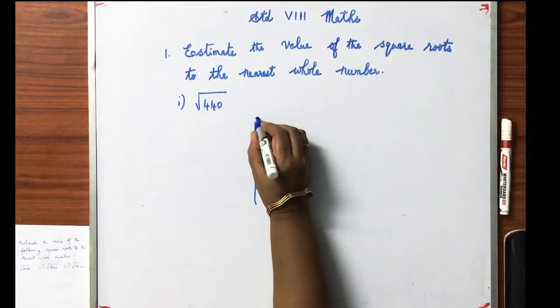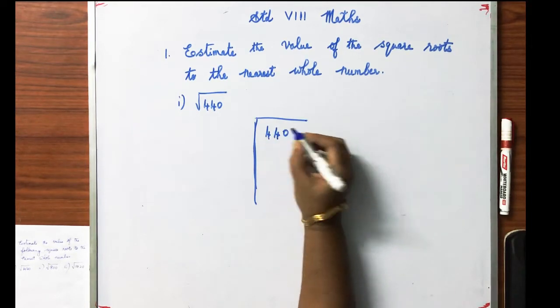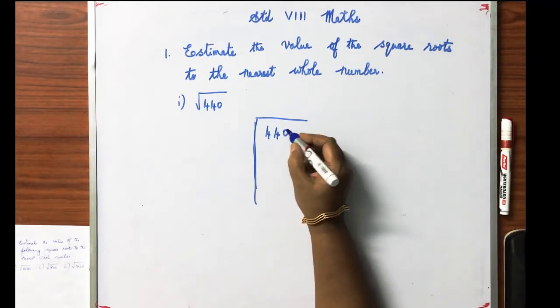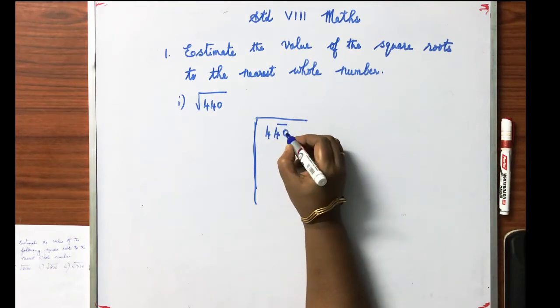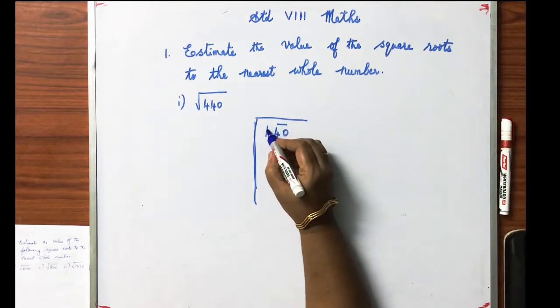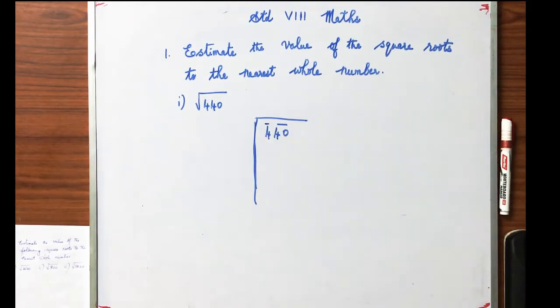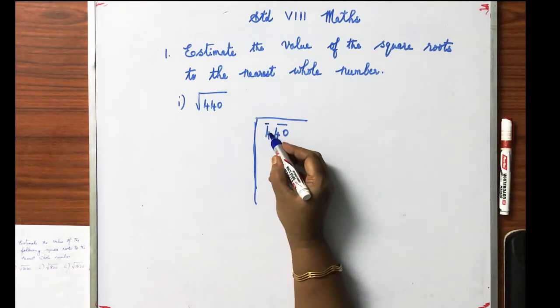So, first we have to draw a line like this, 440. What is the first step? We should group the numbers, or pair the numbers, from the ones place. So, this is the first pair, two numbers, and the next number is left alone, just put a bar on the top. So, first we should take the number 4 and find the square number equal to 4 or